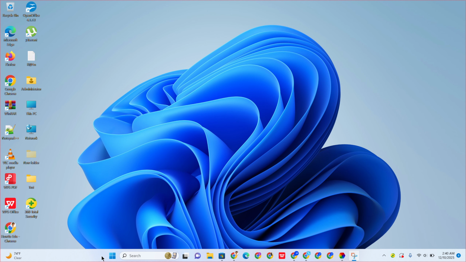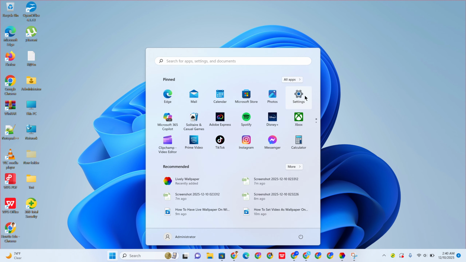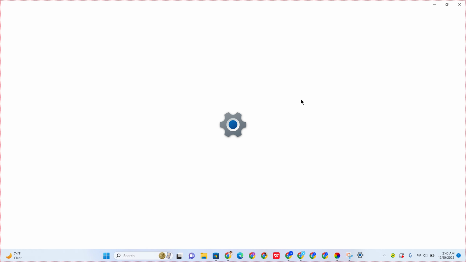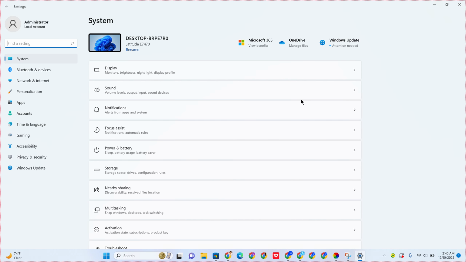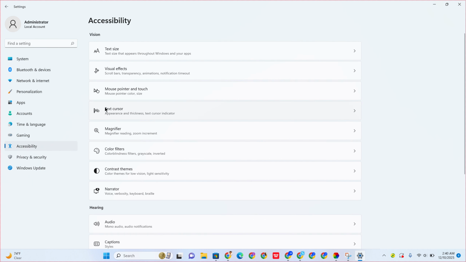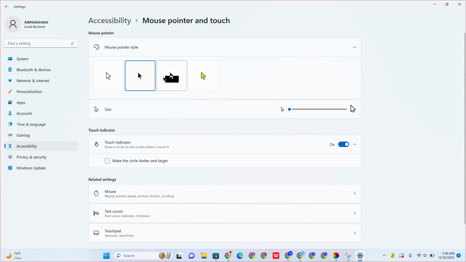need to know. So come on here, click on settings. Once this has opened up, this is the very first step you need to do. Click on accessibility. You're going to be able to see mouse pointer and touch, so click on it. So from here you can see my mouse is currently black,